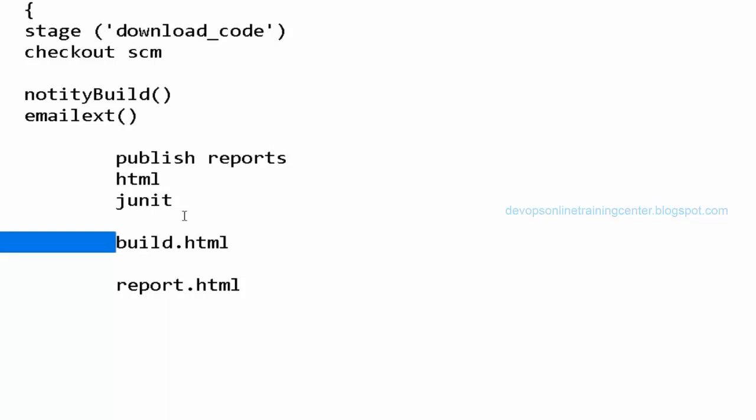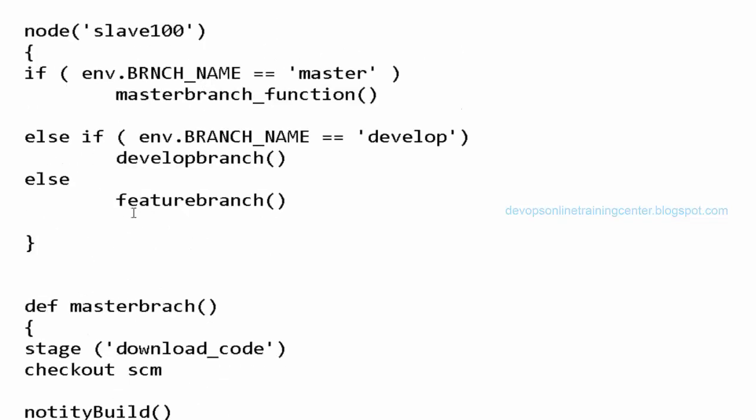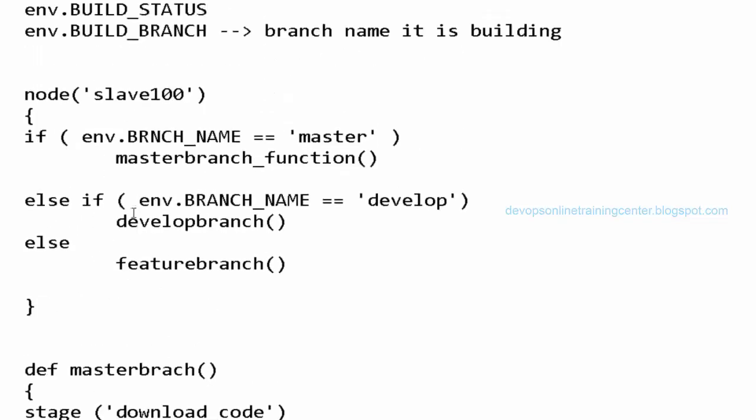So Santosh, are you saying that after you run the script, the output can be anything, like build.html, that you can send over to somebody? This script's output? JUnit will automatically generate the HTML. That HTML we need to specify in the job. So that will automatically get picked up and sent to the recipient list, or we can display that in the console itself.